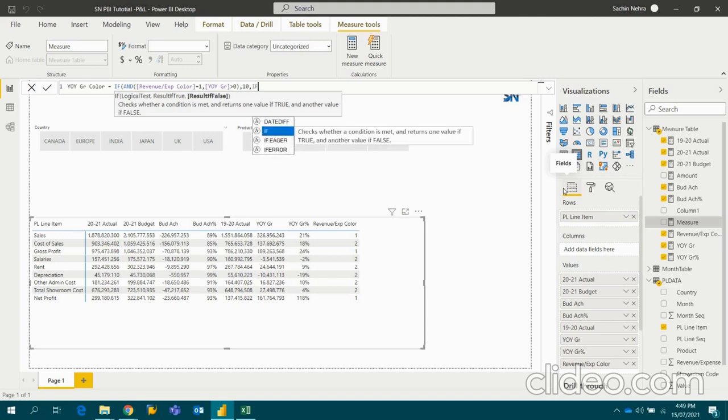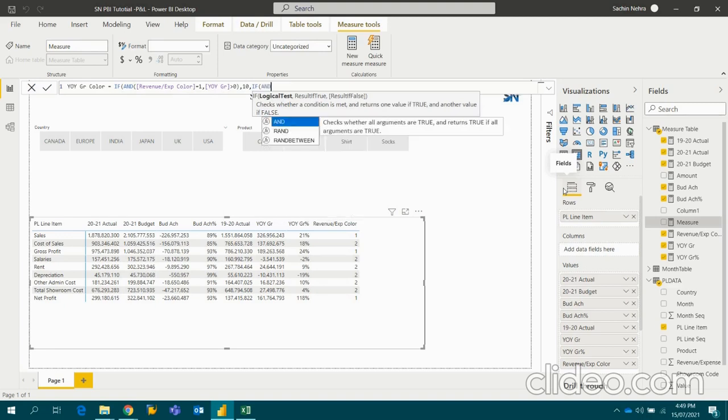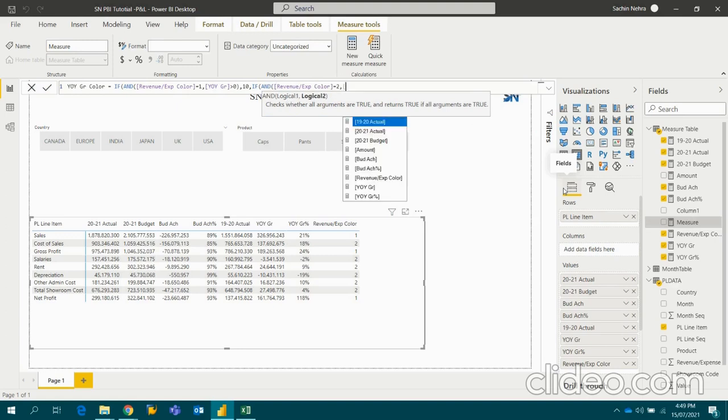Else, if my revenue expense is equal to 2 and my year-on-year growth is less than 0, then 10. And 10, else 20.